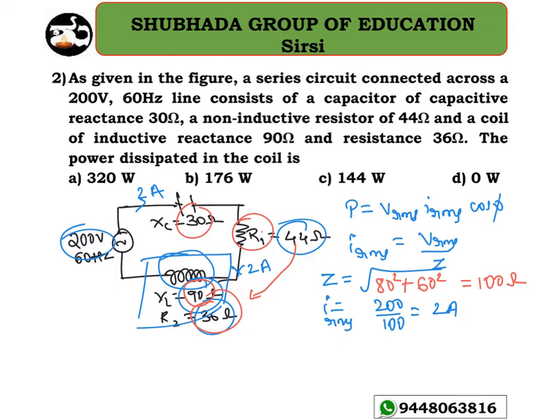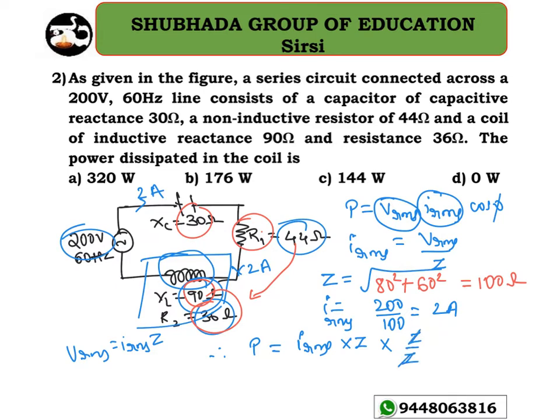I got the value of Irms now. Now I need to replace this Vrms in terms of Irms. Therefore P across the coil. I am calculating the power dissipated across only the coil, not the entire LCR circuit. By using Ohm's law, we can say that Vrms must be equal to Irms into Z, and cos phi is nothing but R by Z. Now R is R divided by Z.